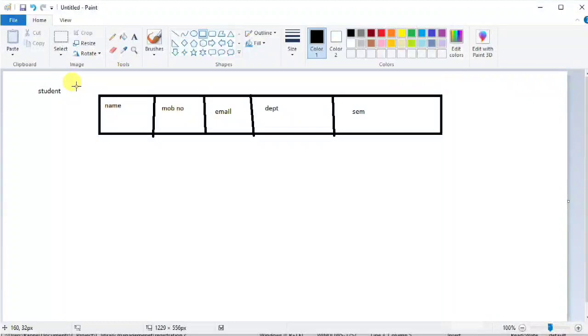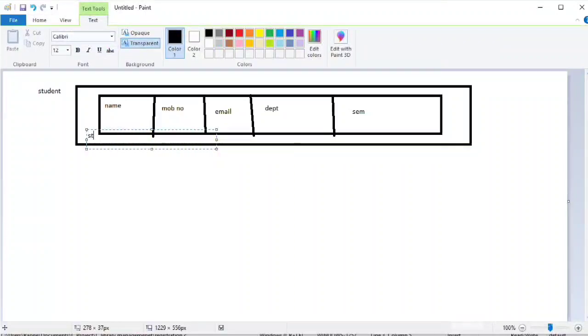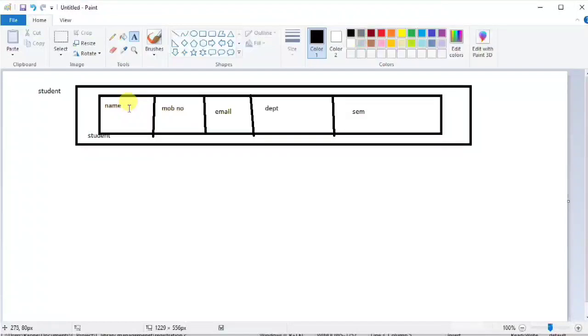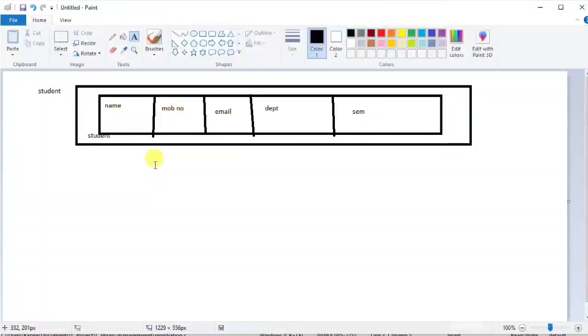So these all must be in a data type, and you already know that we have one option in C to create a data type, like a structure. A structure is a user defined data type in which we can create several numbers of members. Members means data types and their variables. So we are going to create a student named data type, and we are storing these values, that is name, mobile number, email, in this student data type. So let's start